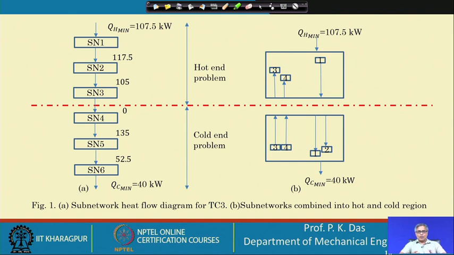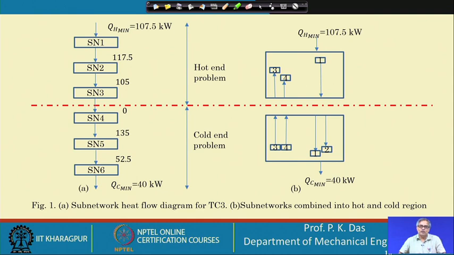One part of the heat exchanger network is not transferring heat to the other part of the heat exchanger network. So, they are not connected. So, pinch point divides it into two different problems. This is a very important, very profound kind of observation, that by the pinch point we are having two different heat exchanger networks. One is at the top, which we call the hot end of the problem, and another is at the bottom, which we call the cold end of the problem. And now we can solve them independently.